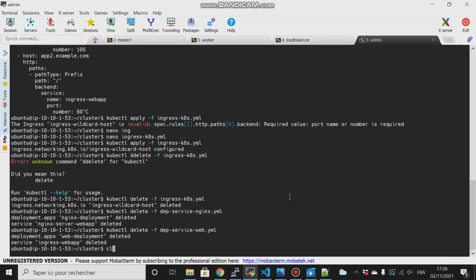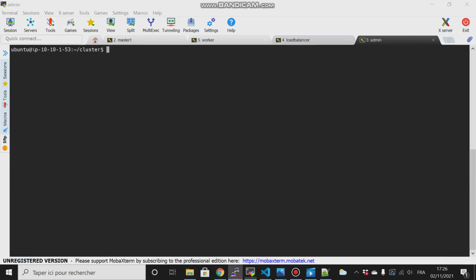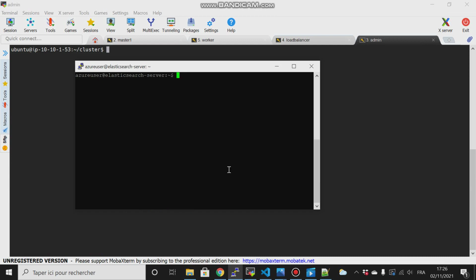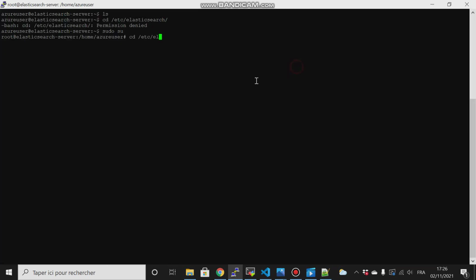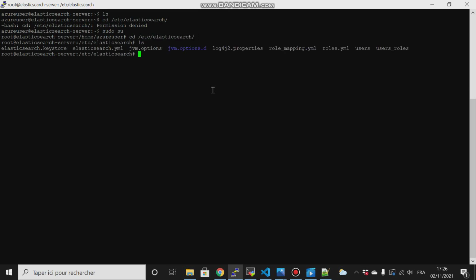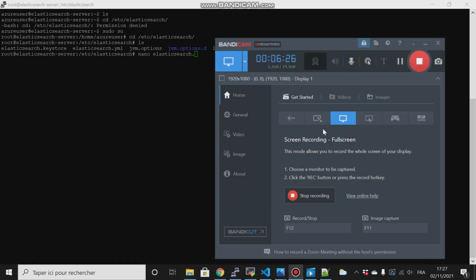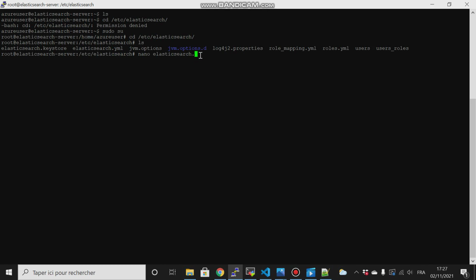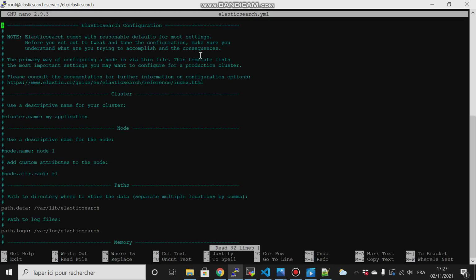So I will clear that here, and in the meantime, let me come to my Elasticsearch and configure it. To configure it, we have to go to Elasticsearch. Sorry, I have to be the root, and then go in /etc/elasticsearch. We'll open that, then ls, and then nano elasticsearch.yml. We'll scroll down here,